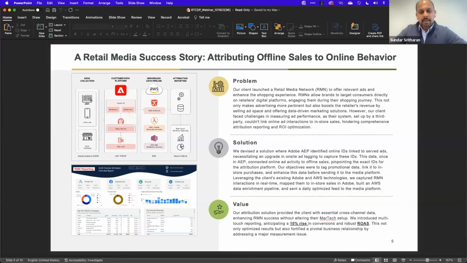Yeah, the reason why we used an infrastructure like AWS for this work is basically that this required a lot of data processing, because we were doing a high volume of data processing that needs to be matched for building this attribution reporting. This could have been done in AEP using their query services, but